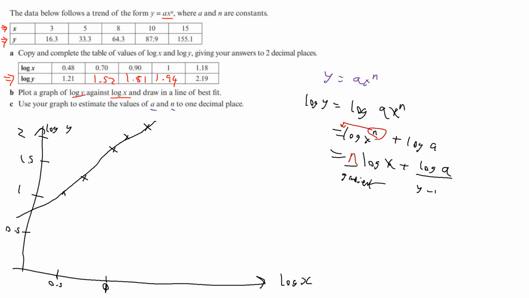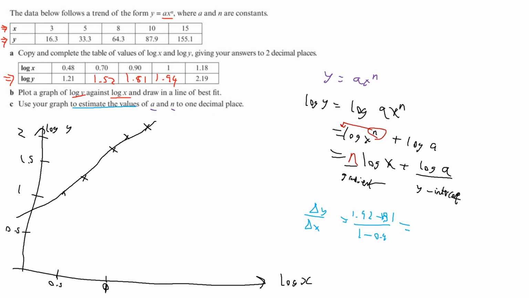and y-intercept. Okay? The way that we work out the gradient, because it's asking us to estimate, we can use these values. So, the change in y over change in x is going to be 1.94 minus 1.81 over 1 minus 0.9, which is the same as, if I plug that into my calculator, it should be 1.1,